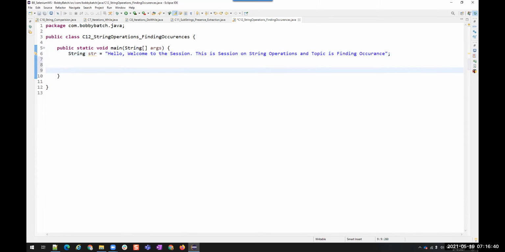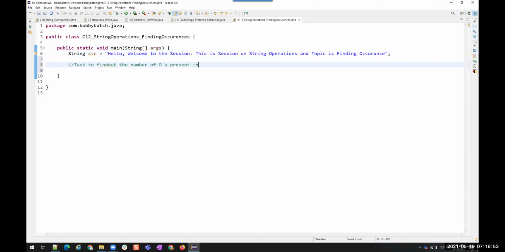Now we might have a task, that is to find the number of O's present in the sentence. So we have to count the number of O's.